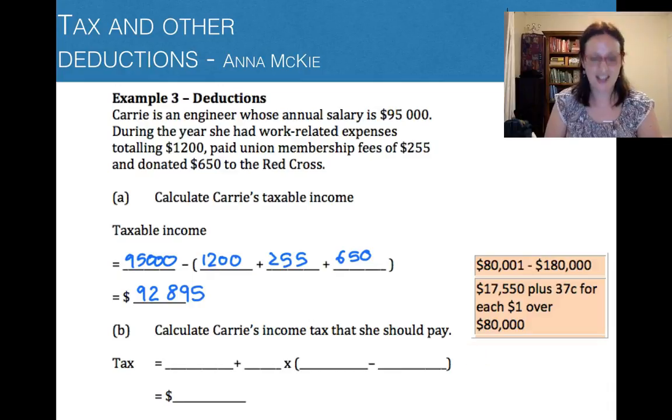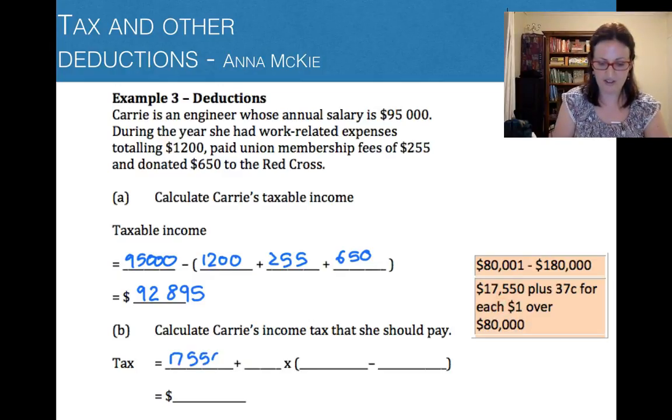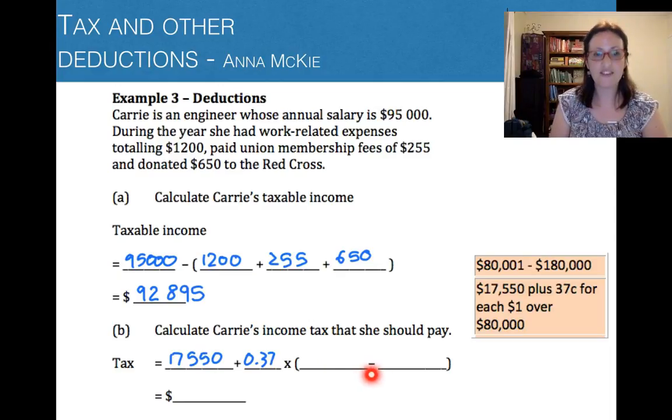Now that's more practice at working out how much tax she has to pay. So you think about, where does that approximately $92,000 or $93,000 fall? It falls in this bracket here. So we follow these steps for working out the tax. You start with the first number, $17,550, and you add on 37 cents in the dollar as a decimal, 0.37, multiplied by the difference between her taxable income and the lower end of that bracket, which is $80,000. So